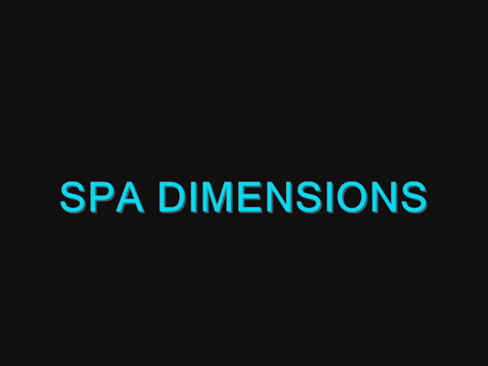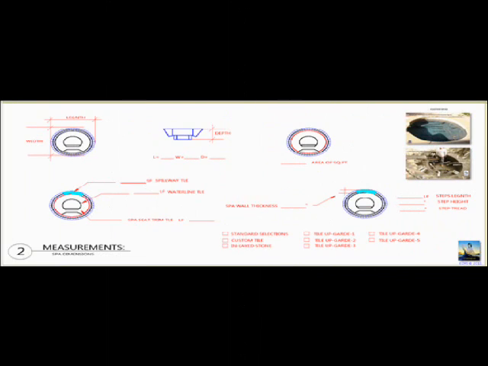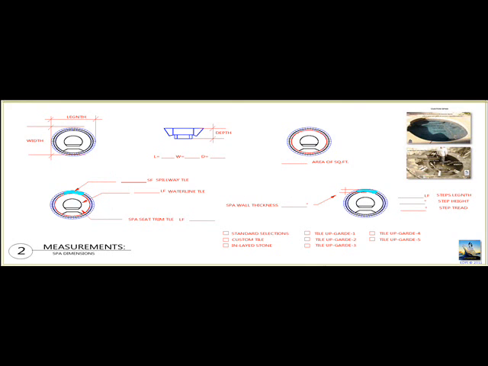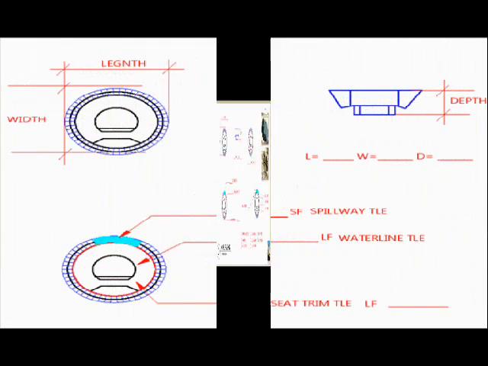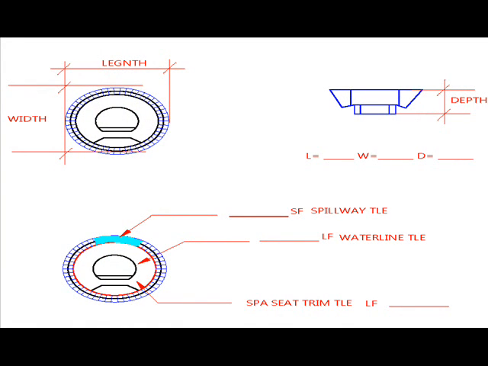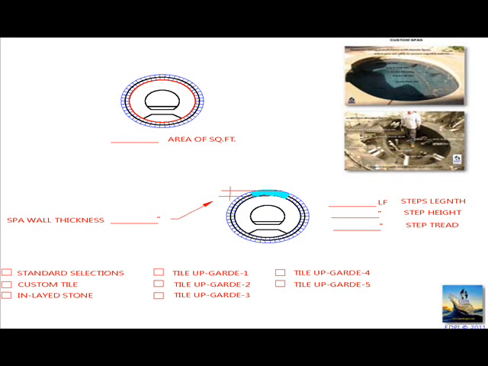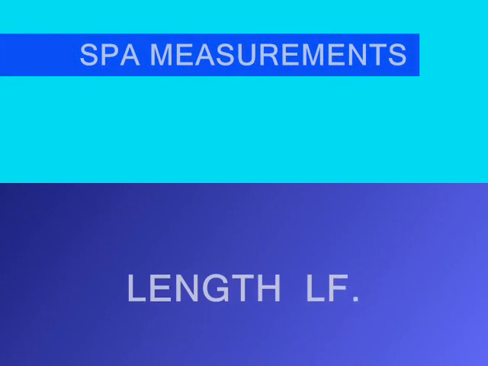If a spa is being considered, then the length and width measurements should be expressed as well as the depth, together with whether the spa is flush with the decking or raised above. If the spa is to be raised, then the wall thickness and heights of the raised spa wall should be accounted for. Further considerations involve identifying the spa's maximum depth, as well as the height of the spa's seats in